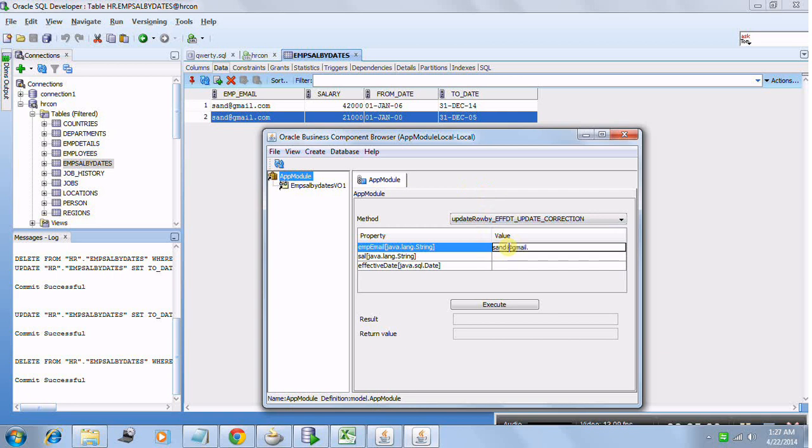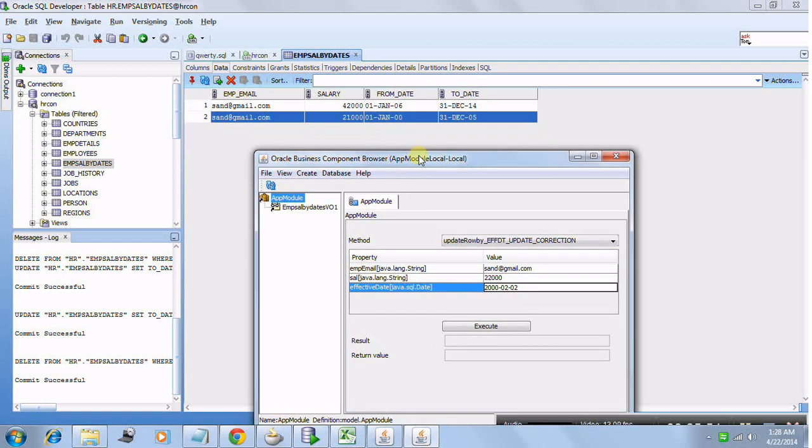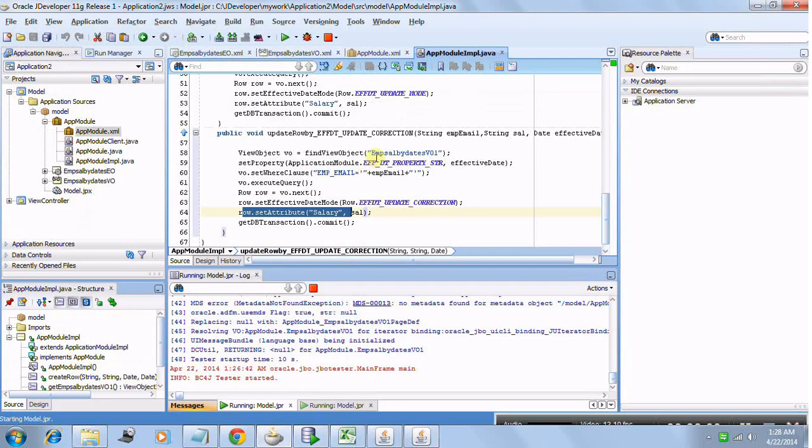We can supply the value and salary. Let's say HR says that this was the correct salary, accurate salary, and effective date. So you can give any date between them basically. Okay, so let's say 2002-02-02. This date will lie between the two, so this date will go inside, and here